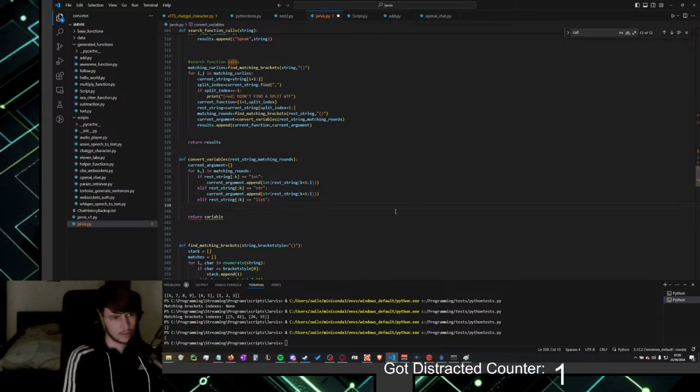Can I just like go and say convert variables, rest string, matching rounds? No, I don't think I can just do it this simply. I think, like, first of all, I need to cut the rest string somewhere.